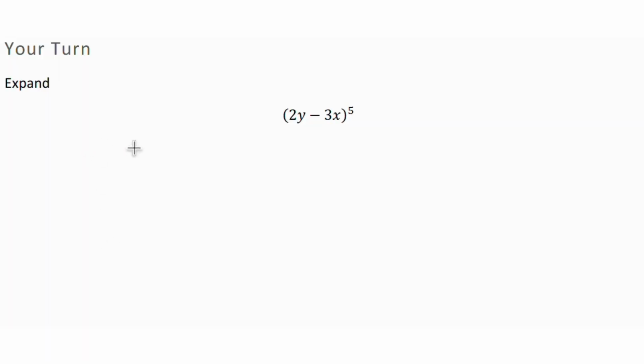In this question, we're asked to expand (2y minus 3x) to the power of 5. So as always, we start with Pascal's row, which for the fifth row is 1, 5, 10, 10, 5, and 1. And then under that, we do the 2y's in decreasing powers,